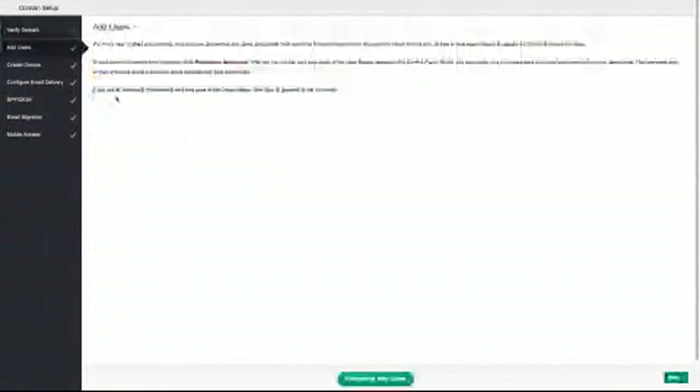I click on create account from the add users section. This is again the domain setup flow that we are in. You can also choose to do this at a later time by skipping it during the domain setup flow. This is the manual addition process. You'll have to enter the details of each of your users, and you will have to choose the email address and the domain, in case you have multiple domains configured, where you want to add this particular user.